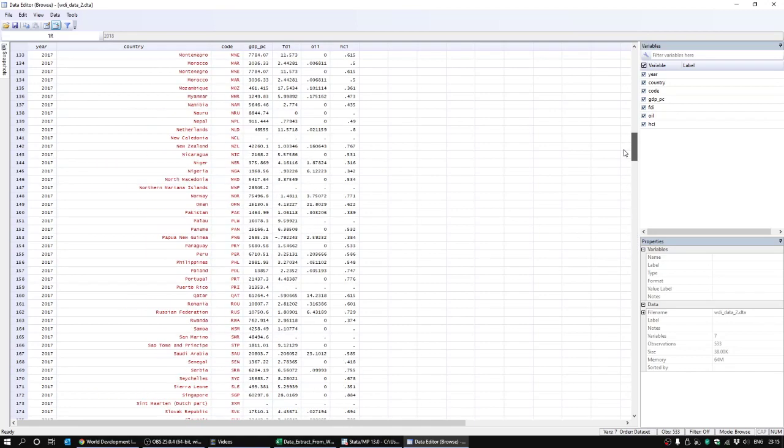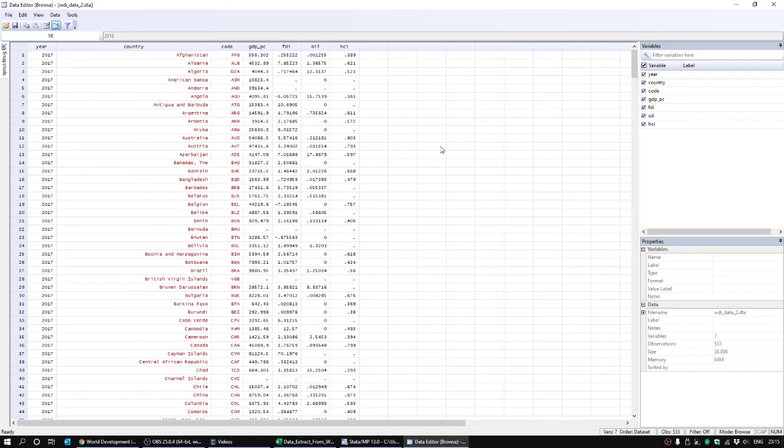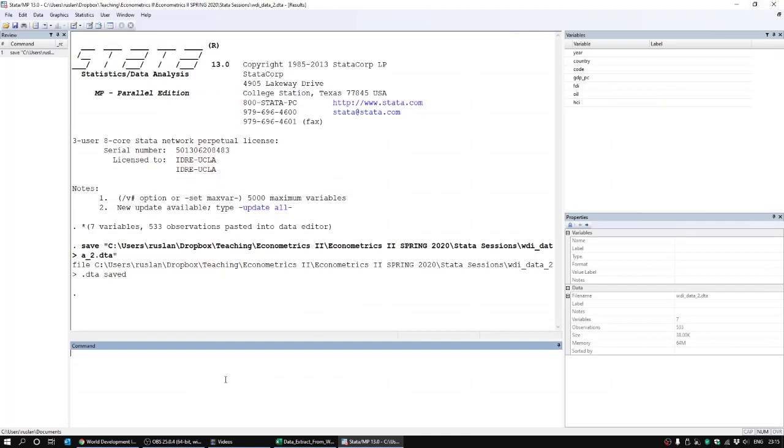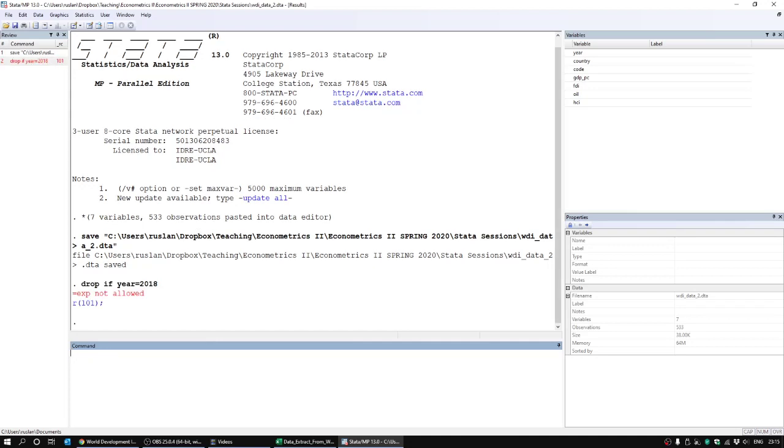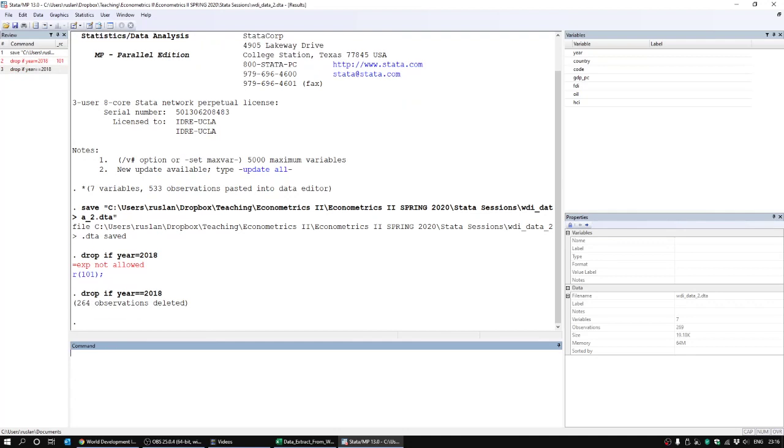Maybe we can drop the observations for year 2018. To do so, we type drop if year equals 2018. Stata gives an error that equation is not allowed. Here we have to use the double equals symbol. You see, now 264 observations are deleted. We are left with only year